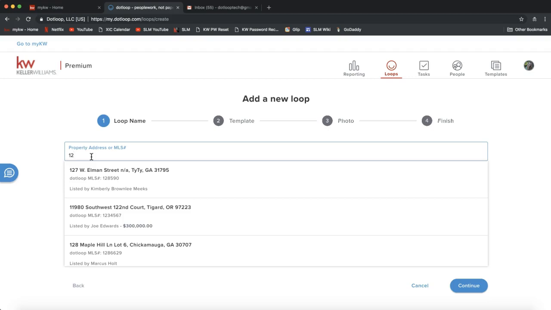It's really great to have a practice loop in your account anyway so that you can practice Dotloop features before doing it in front of clients so it looks like you know what you're doing. It's always positive. Right. Something I want to explain to you guys, when you start typing in the property address,